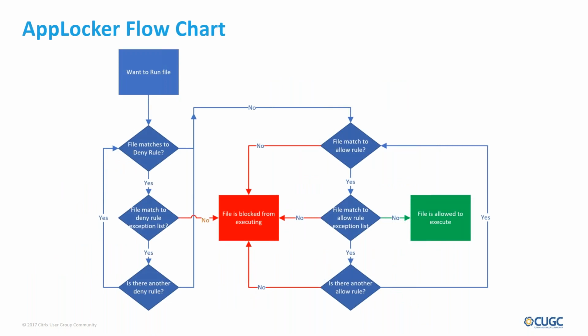In my journeys of learning AppLocker, this was probably the one biggest, most valuable flowchart I found after much searching. So again, remember, AppLocker is a whitelisting product. Once you enable the rules, unless you have a rule that allows it to run, it's blocked by default, which hopefully is pretty clear from the flowchart I've created, right? If you look through, there's pretty much one path to get to file is allowed to execute. All others lead to red. It's that simple. All right, next.